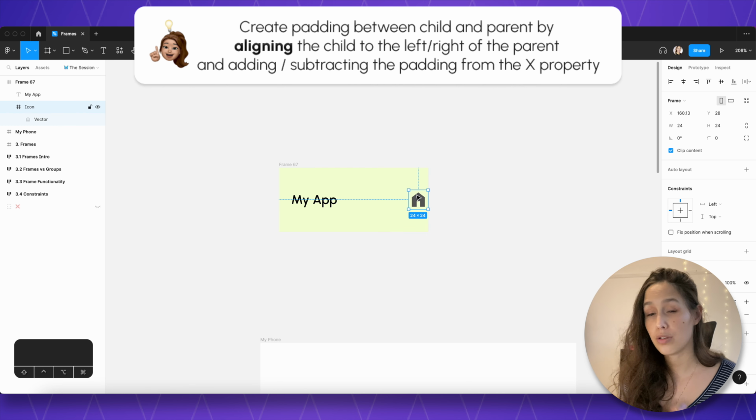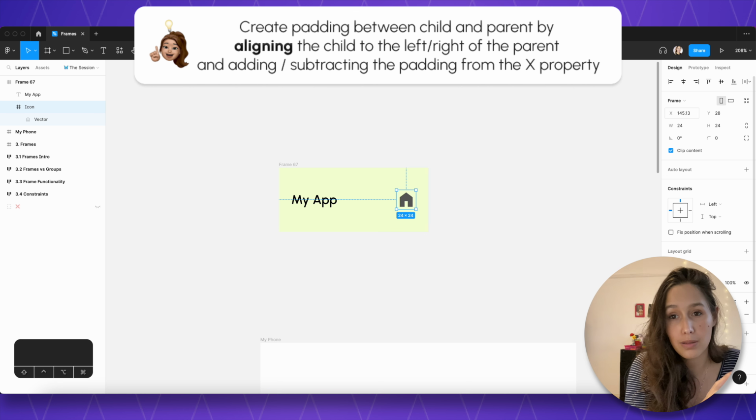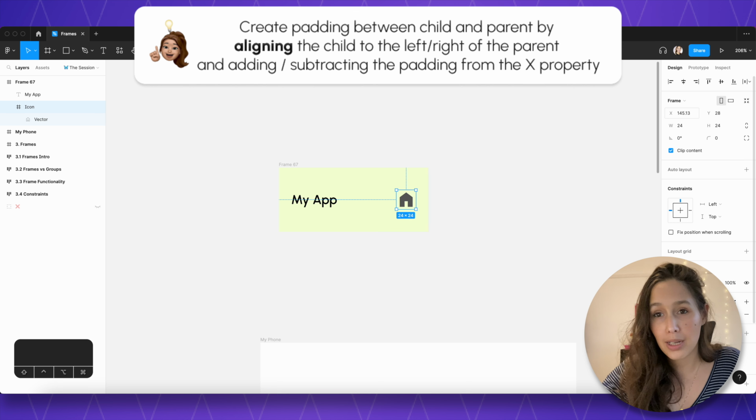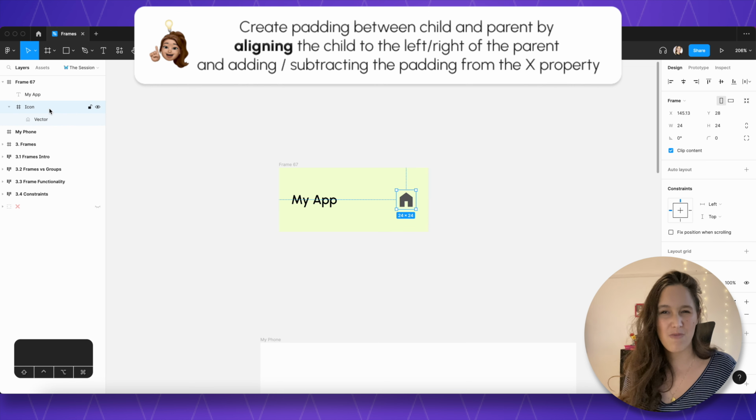The home icon, I'm going to do the same thing to the other side. So I'm going to say align to the right, and then on the X, I'm going to say minus 15. So that's going to move 15 pixels in. Now you'll notice there's a bit more padding here because there's padding from the frame that the vector is inside, so between the vector and the frame that it's in,